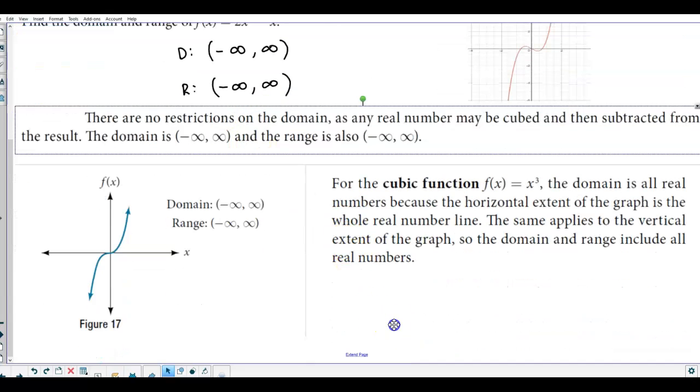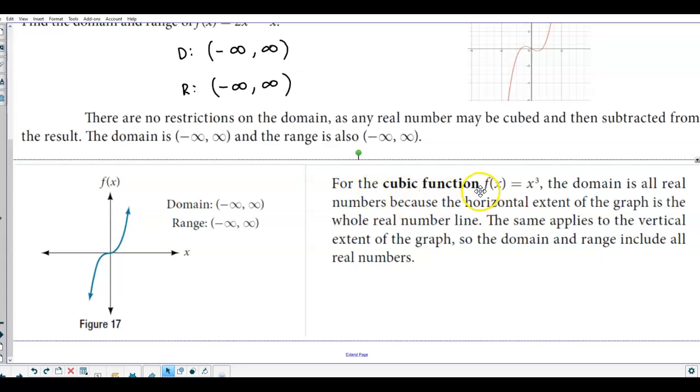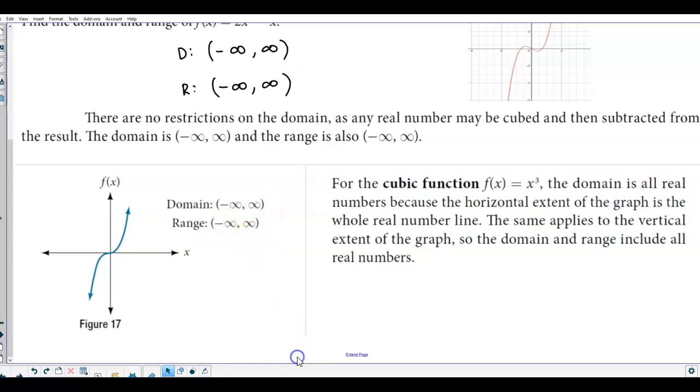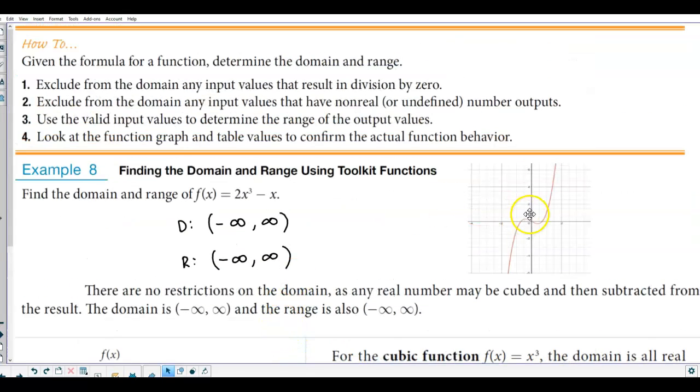So if we pull up the toolkit for the cubic function, we know that the domain goes from negative infinity to positive infinity, and we know the range goes from negative infinity to positive infinity. So if you take a look at the graph now, you can see that, okay, now when we look at